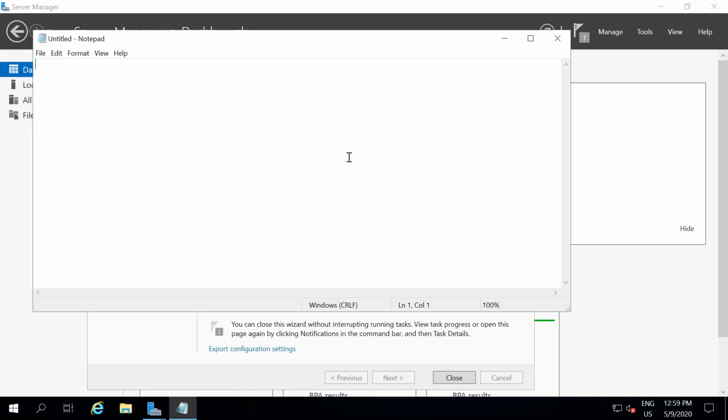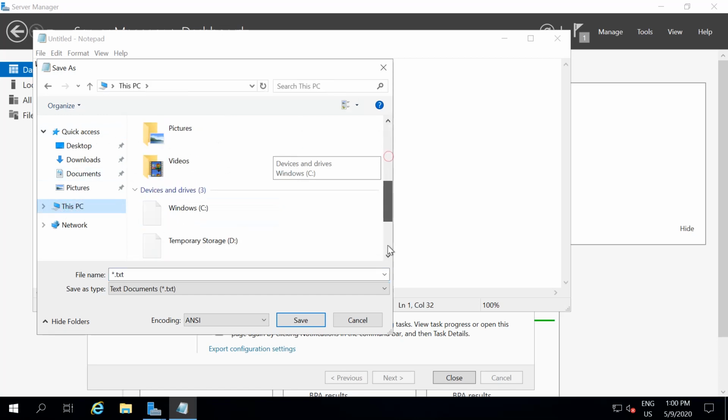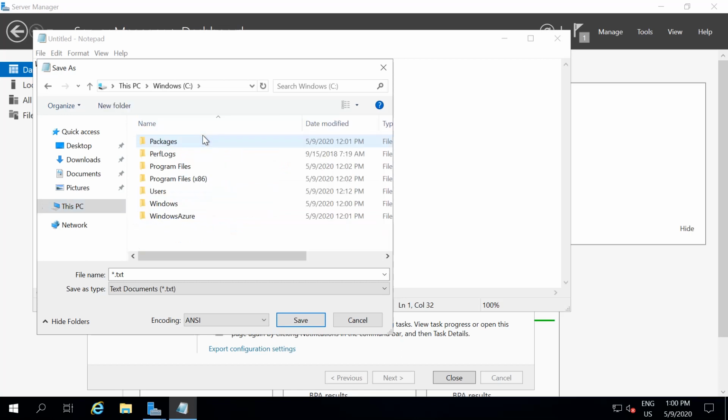I'll just type some message which should be displayed on the web content. I just type, welcome to Comet Azure training. And you can save this file with the extension .htm. You can store this file under any drive. I'll just save this file under C colon. I'll create a folder named web,